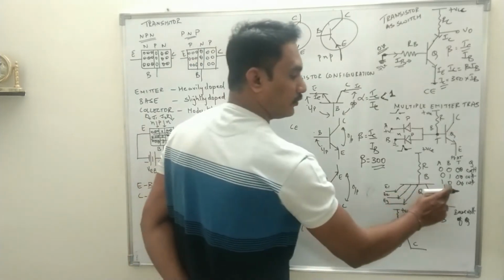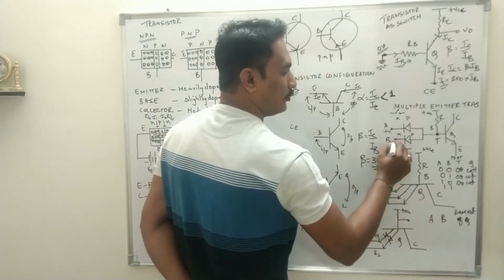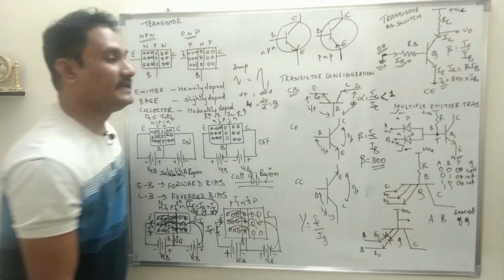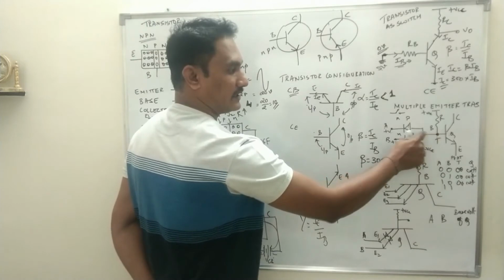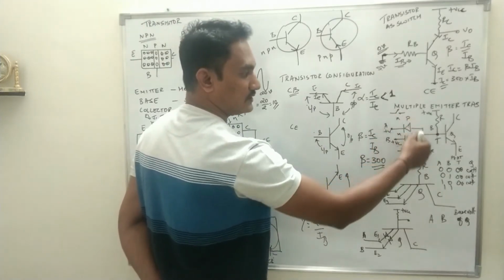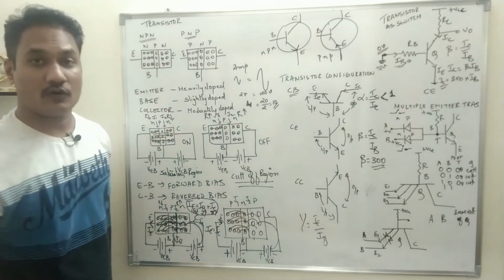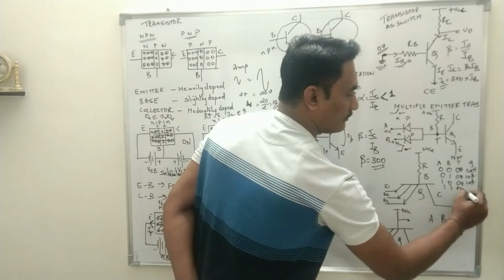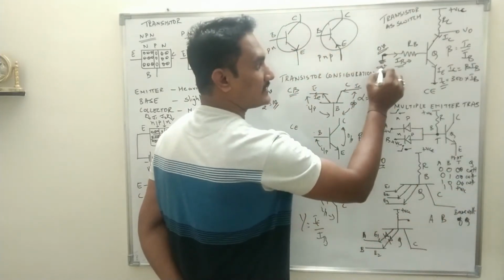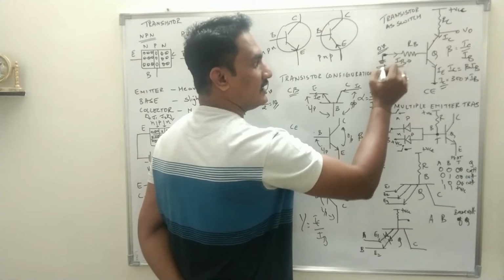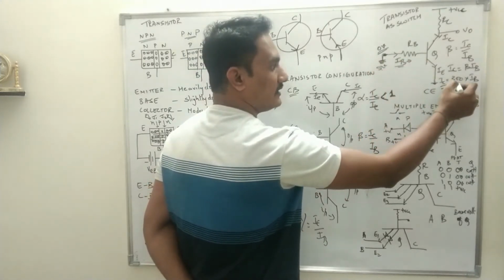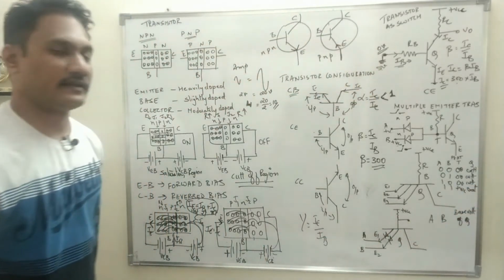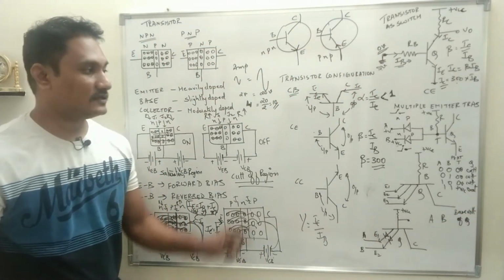Now what happens when both the inputs are 1? That means both the diodes are reverse bias. So now T cannot be connected to ground through the diode, as both the diodes which act as switches are open. So T gets connected to plus VCC. So potential at T will be plus VCC, and if positive supply is applied to the base of the transistor, a small base current will flow, multiplied by 300 times, and a large amount of collector current will flow. The transistor is said to be working in saturation region. So this is how